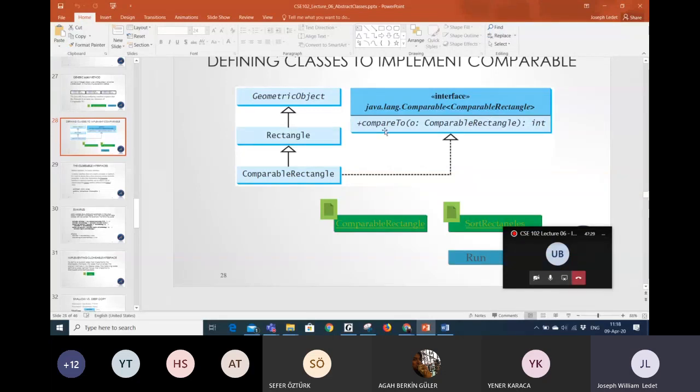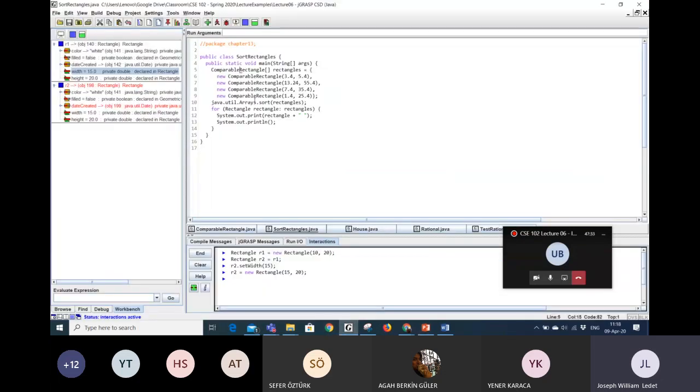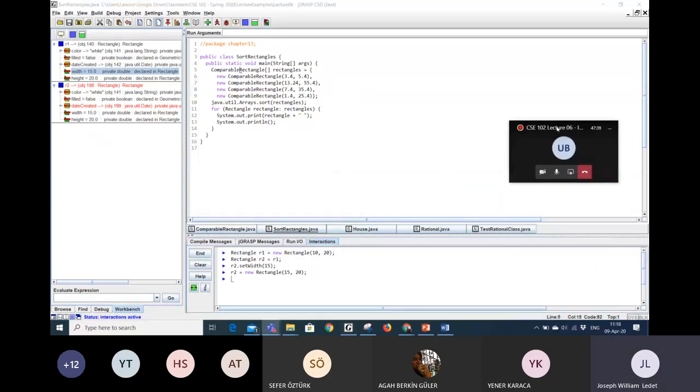Okay. I have run out of time for today. I've run out of time to go over these examples, this comparable rectangle stuff. So what I may do is record a separate lecture, because we really need to move beyond this topic this week. So what I'll do is maybe record a separate video that will include going over these examples, and I will post that when that's done. Okay, so let me move back to here,